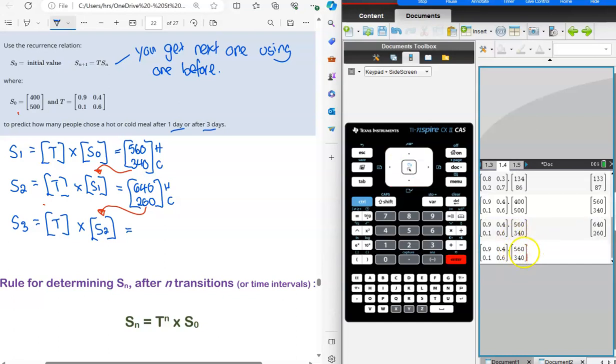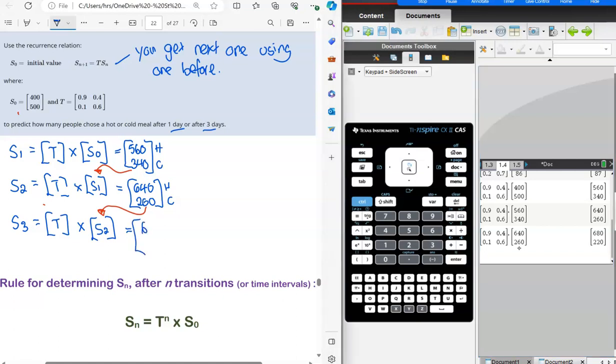So we got 640 to go in here and 260. Okay, and then we get 680, 220. This is hot and cold. So predict how many after 3 days. After 3 days, this state we've got 680 hot and 220